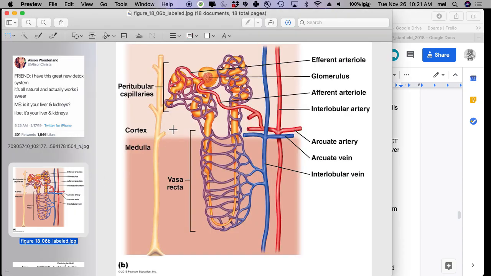The ascending loop right here is going to actively, stick with me, actively pump ions into the interstitial fluid. Okay? Good. And the ascending loop, notice that it's parallel to the descending loop. Okay? So what is going to happen if you actively pump ions from the tube into the interstitial fluid? What's going to happen to the fluid as it goes through this portion of the loop? So you're going to suck fluid out. And if you run them two opposite directions, you get the counter